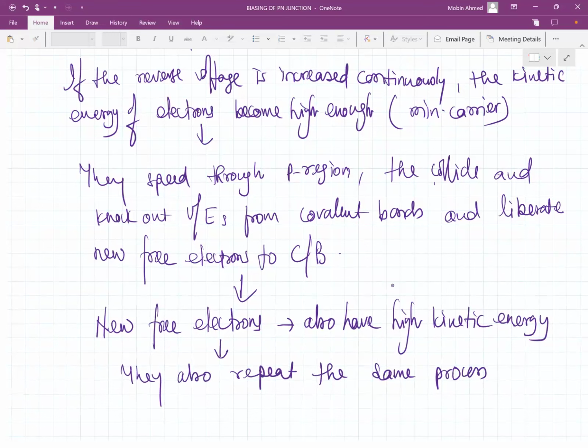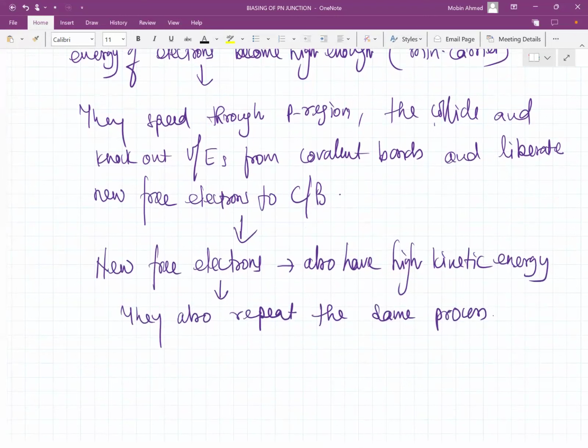The same process we have seen above, they are also going to repeat. If all of them repeat the same process, what will happen? In a quick time,